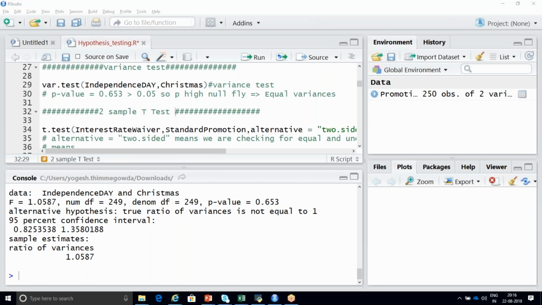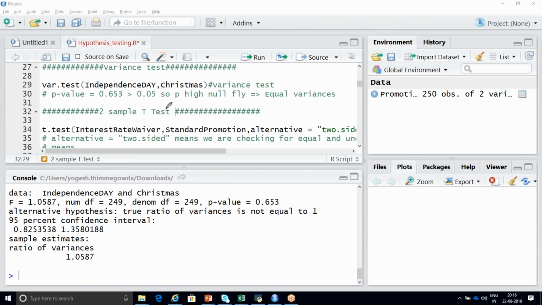Yogesh, have you run that var.test? Yeah, I ran var.test long back. That is the reason you got your 0.65. Your screen is not refreshed actually. One second, let me refresh it. We lost you from the point where we couldn't see all this. Oh, you did not see this? Now you are able to see what I'm writing? Yes, now we can see. Can you run it again? Yeah, I'm explaining once again.